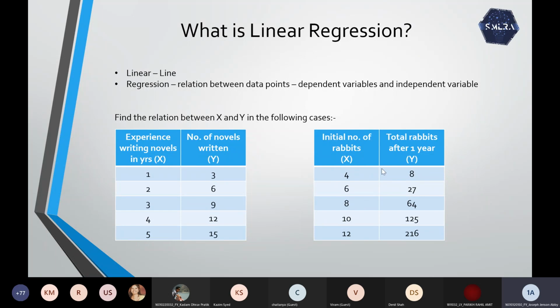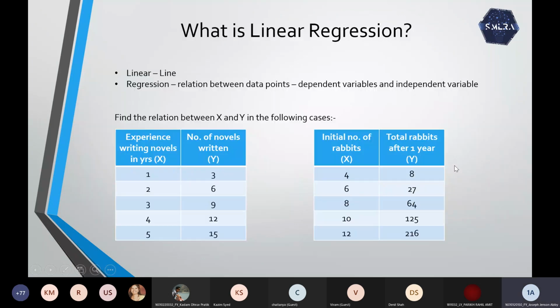Now the relation is y equals x by 2 whole cube. So it is not linearly dependent, it depends on the cube. So y equals x cube by 8, you can also write it in that manner. That's why it is called polynomial regression. y is not linearly dependent on x, it is a polynomial of x. All right.